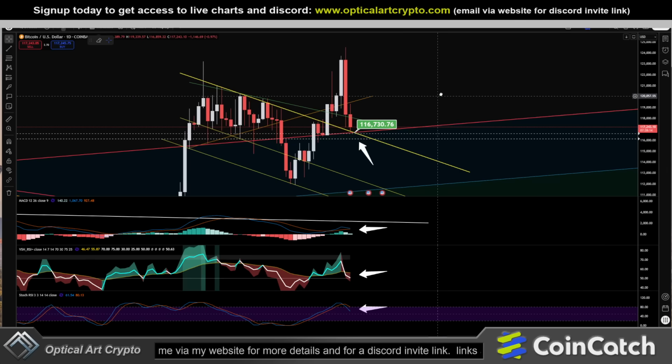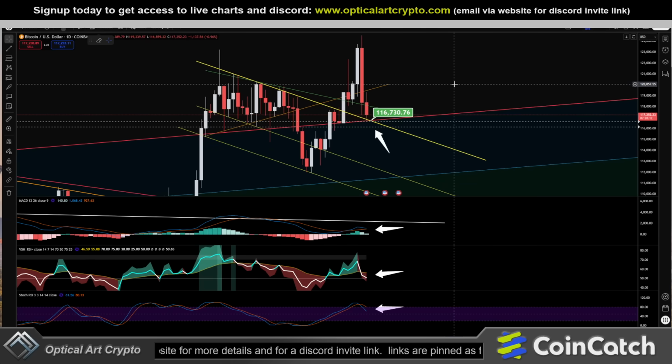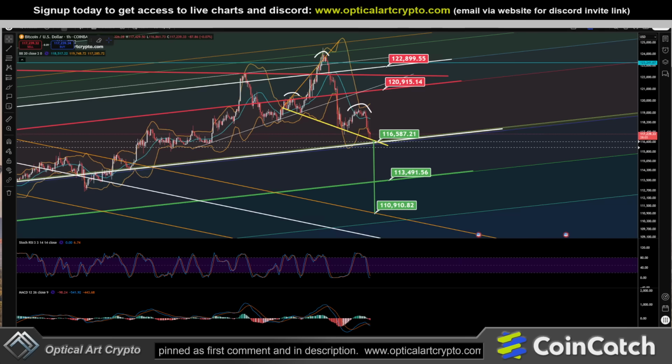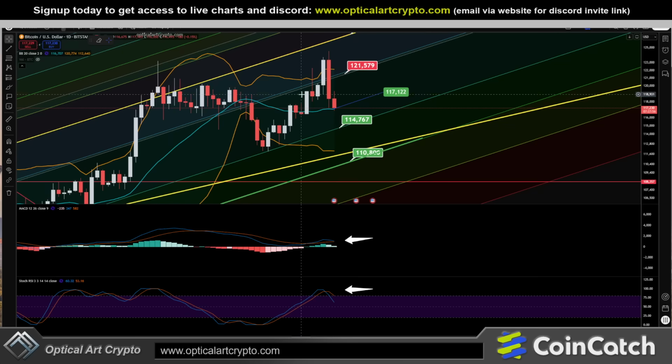But just to recap, again, 116,700. I've already entered along with the stop below. It's worth it. We're at a major support level. This is double support. So again, a point to long. If we get below that, as I said, this looks like a head and shoulders on the hourly, and those are your targets. But remember, this is a very key level,